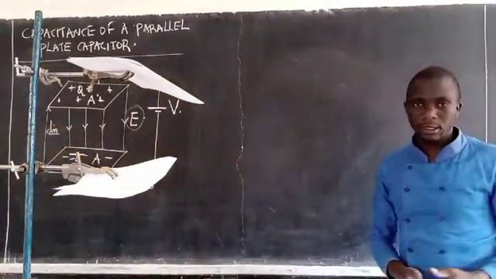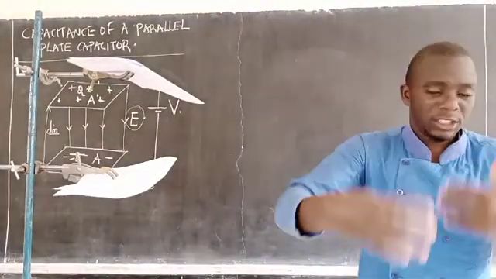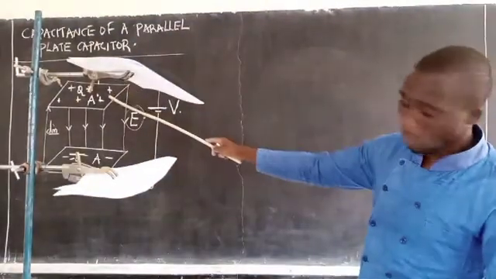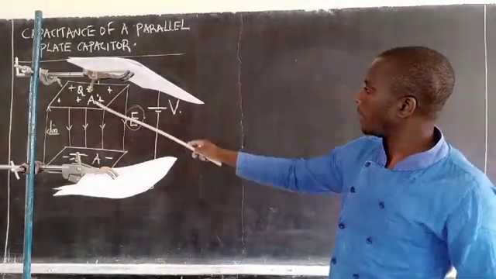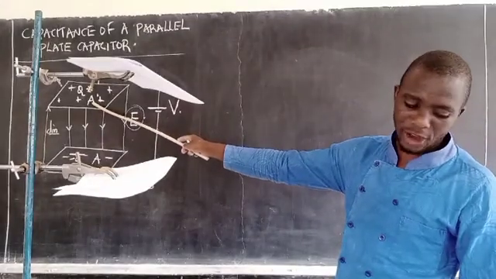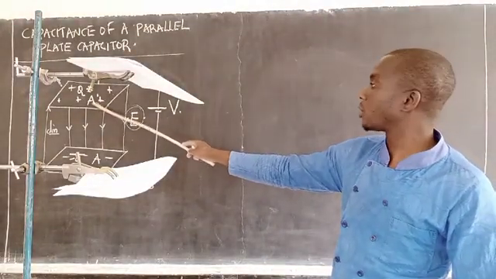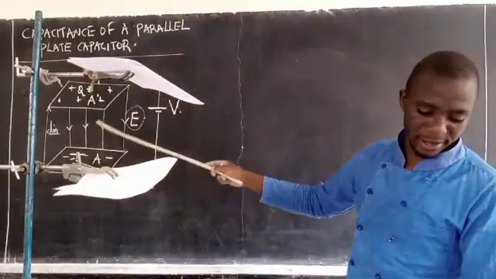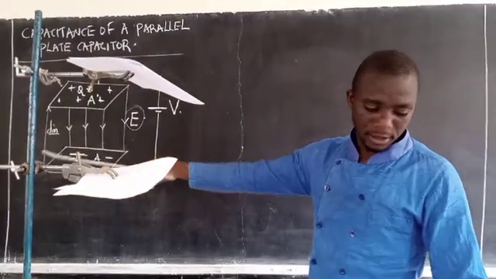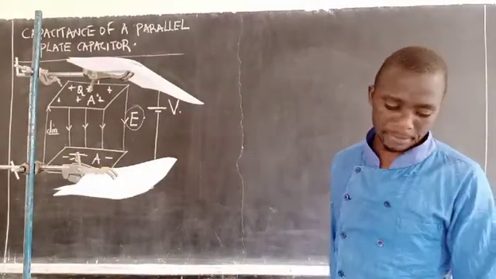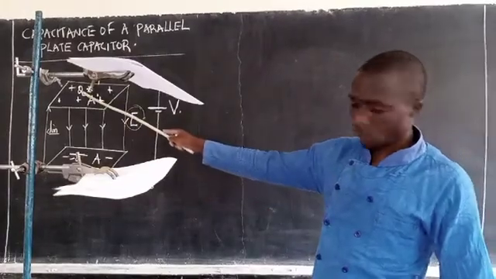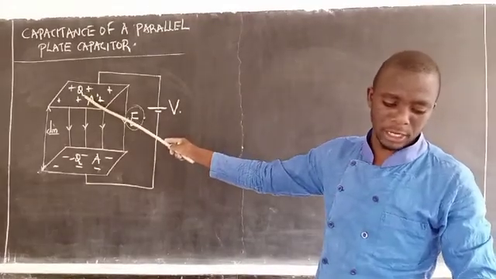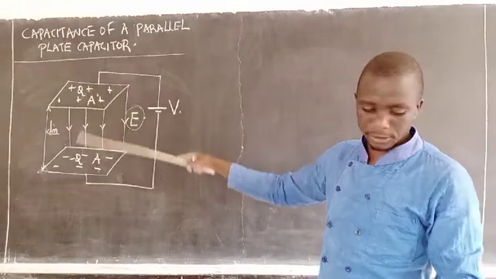So we can take note of what we have discussed, because I know it will be better. Consider a parallel plate capacitor whose metal plates are each of area A square metres and are at a separation d, as shown there. If Q is the magnitude of charge on either of the capacitor plates, this and this, then